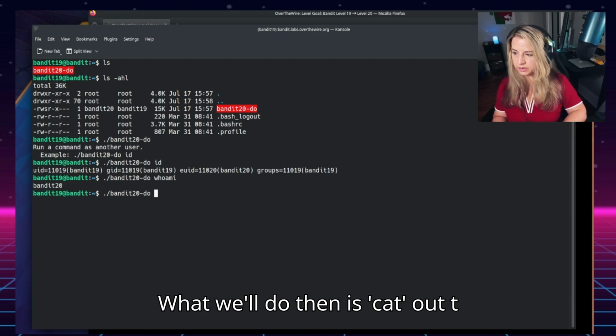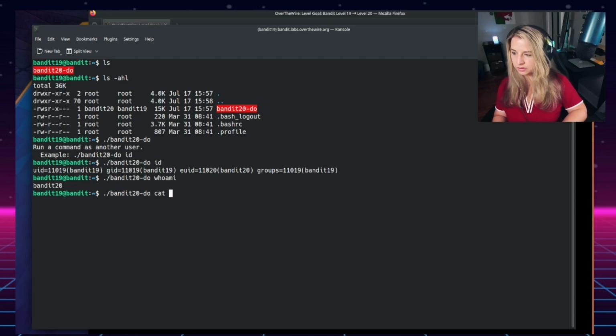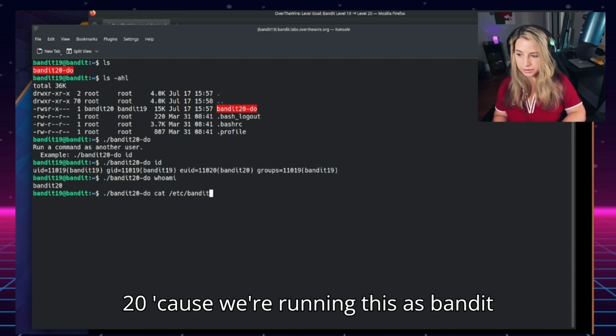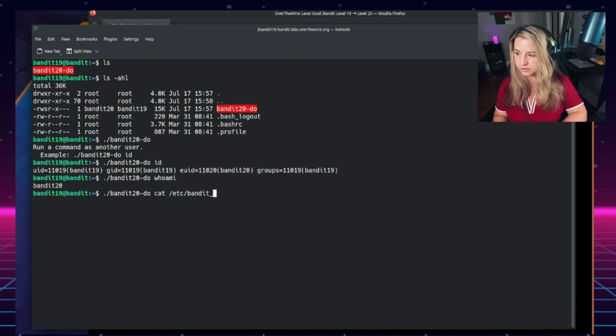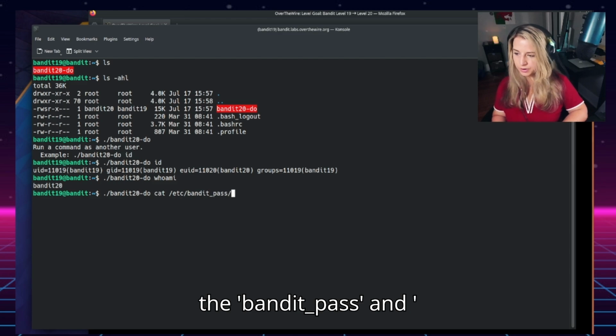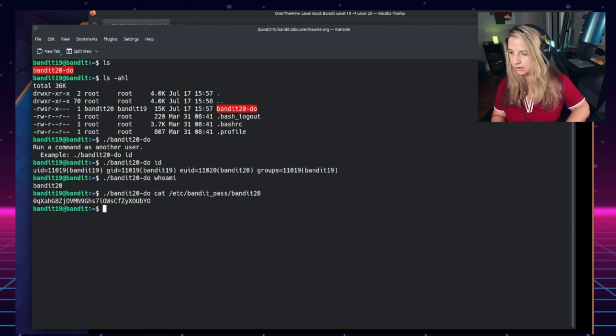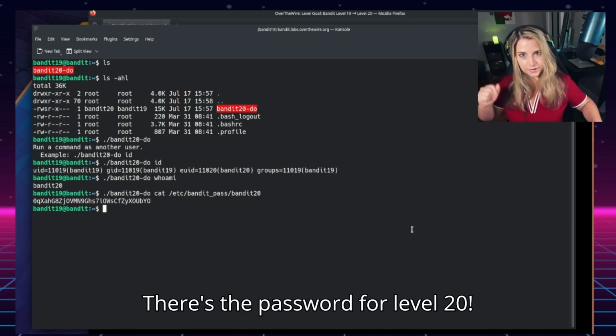What we'll do then is cat out the file for Bandit20, because we're running this as Bandit user 20. The bandit_pass and bandit20. There's the password for level 20.